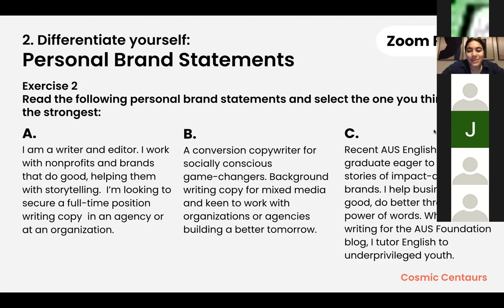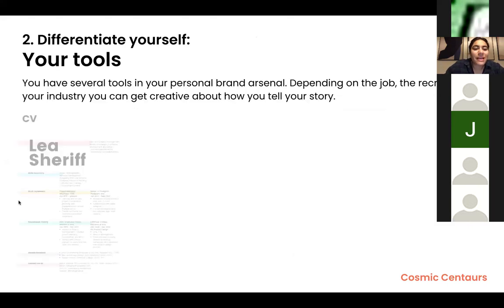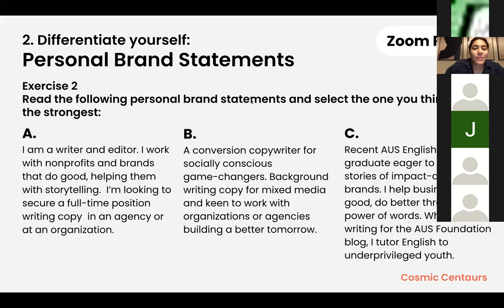The correct answer to this question is in fact C. Oops. Because, and I'll explain why. With C, what you have is a very clear picture of where the person is also at in their life. So why does C work? B is very good. B is super clear, and B is beautifully written, and that represents a copywriter. And I think that that's really important. But C is really good because it actually paints the picture of where you are in life.